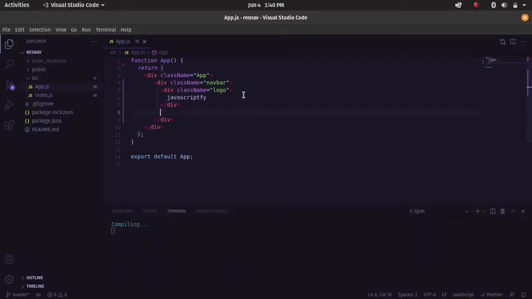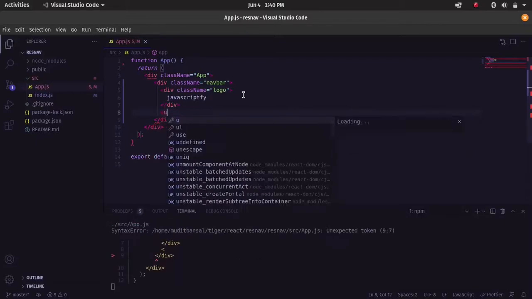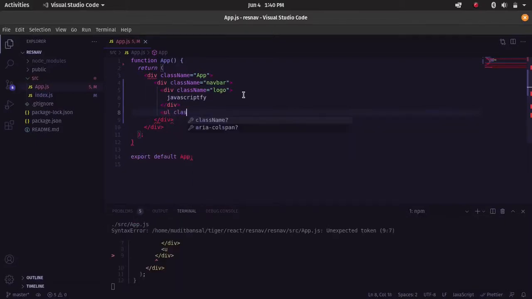Okay, and after that I'm going to create a ul element with a class name of list options, or you can say nav options. So I'm going to say nav options,